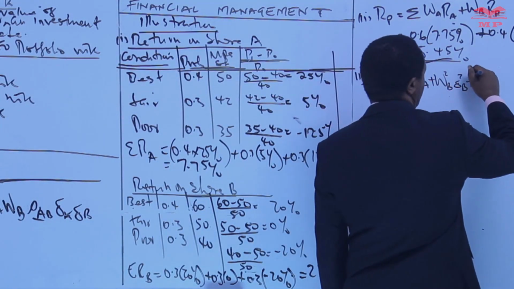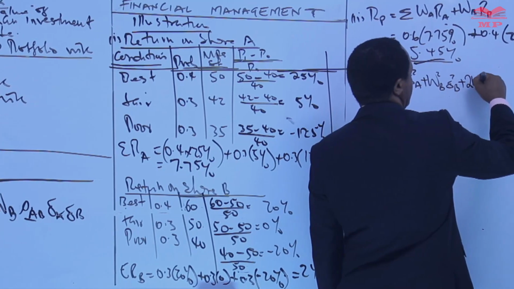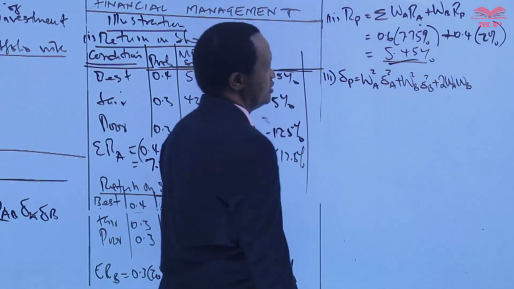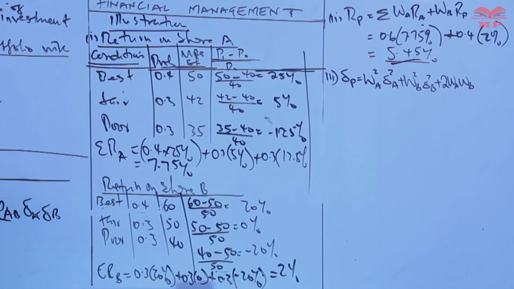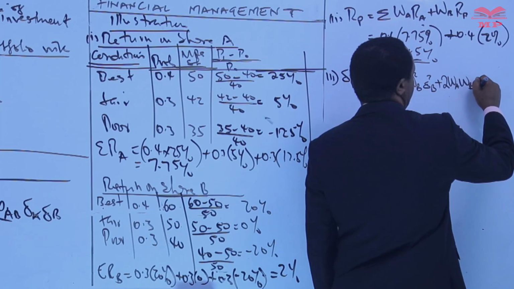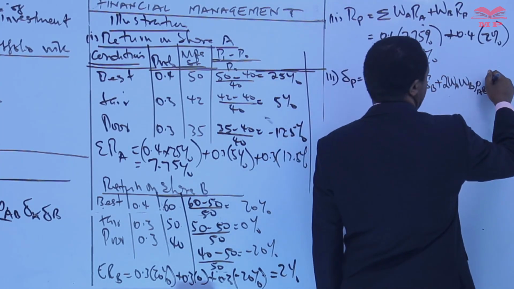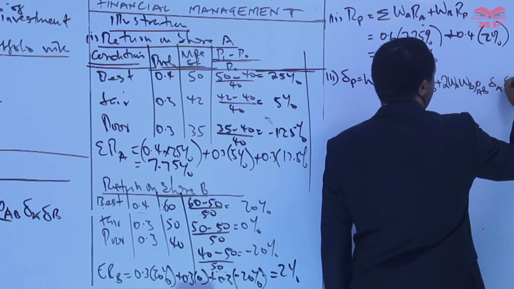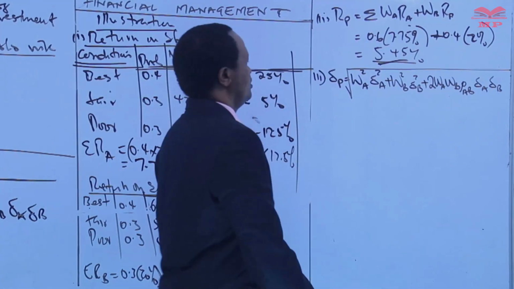2 times the weight of security A and the weight of security B. Get the product of the weights, then multiply by 2, times the correlation coefficient of A and B. We multiply by the standard deviation of A and the standard deviation of B. So the square root of all that will be the